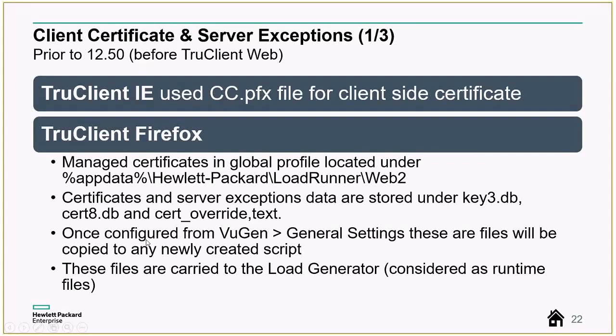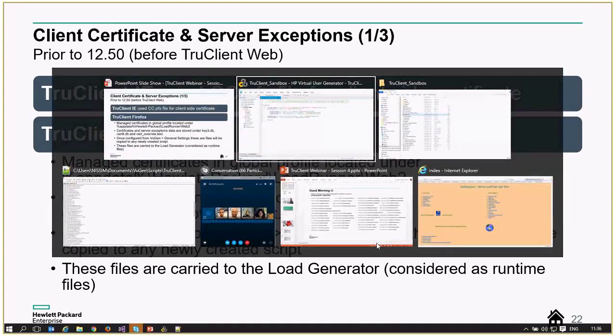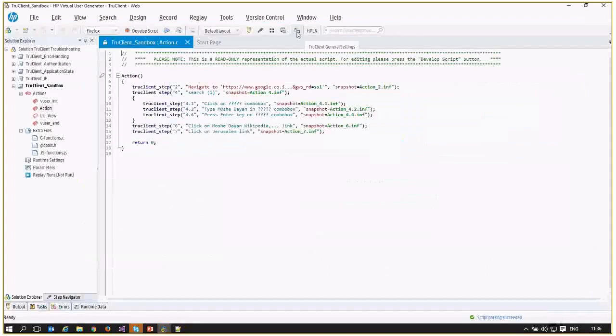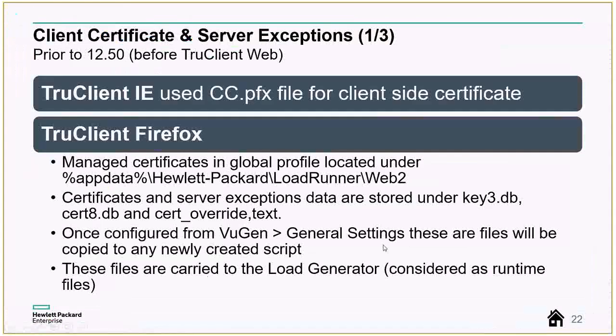The configuration needs to be done once for each application from the VuGen General Settings dialog, which can be invoked from here when the browser is closed, not when the browser is open. When you interact with the Firefox interface and make sure the certificate is installed,